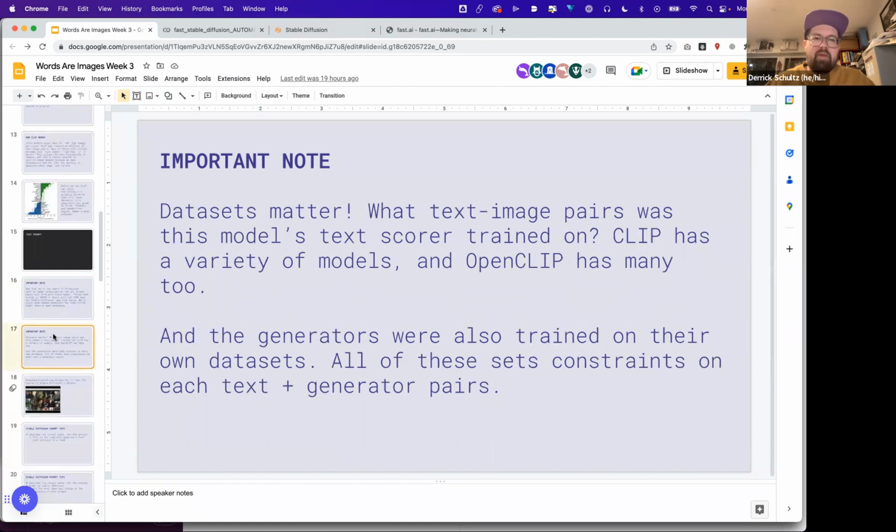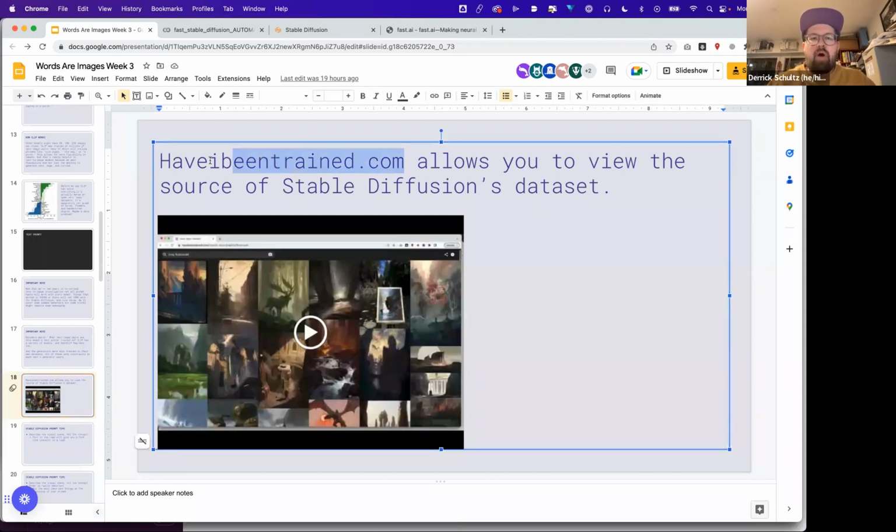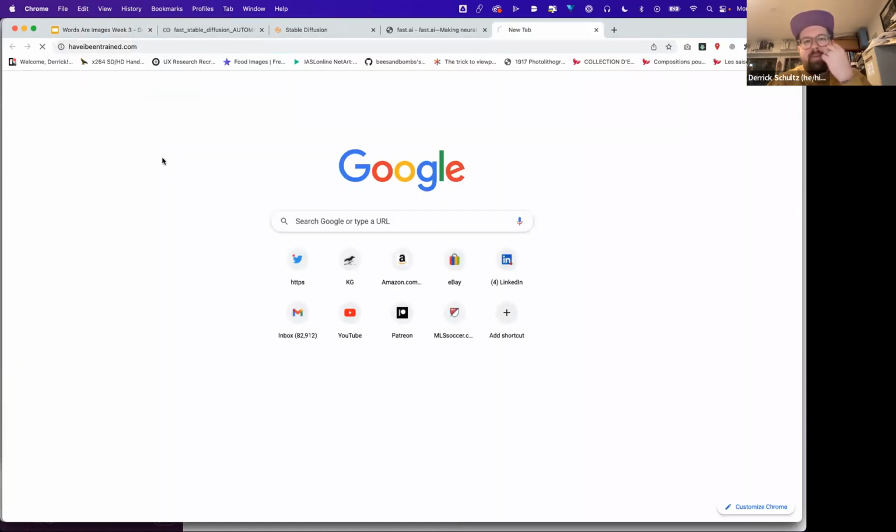Okay. So again, as I mentioned, data sets really matter. Each one of these models has its own generator that has been trained on image and text pairs. They all have their own CLIP scoring method. Some of them don't even use CLIP, they use some internal system. So if you watch the videos from last week, you know that haveibeentrained.com is a really helpful thing to look at. I won't go through all of this because it is included in that video. But if you go to haveibeentrained.com,